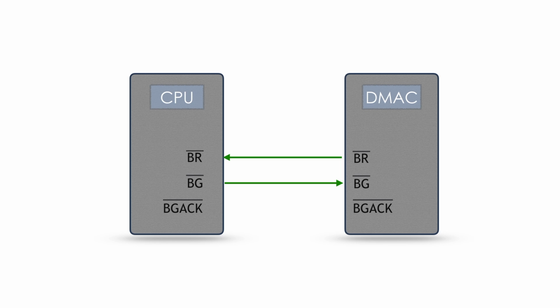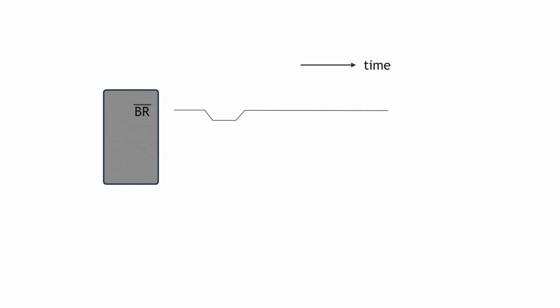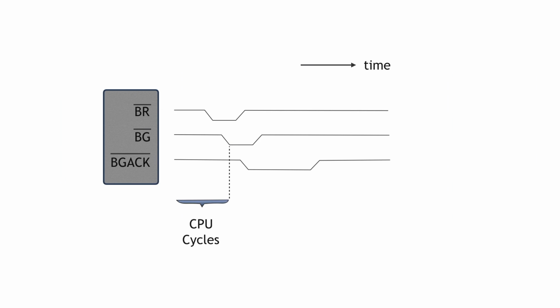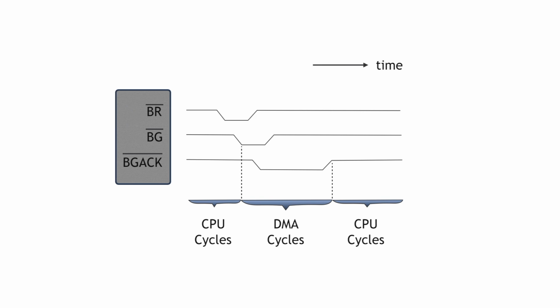But the DMA controller does not start the process immediately. DMAC issues a bus acknowledgement signal and releases BR. DMAC has control of the system buses. DMAC acts like the CPU and generates the bus signals, for example address and control, for one transfer to take place. The timing diagram of the bus request, bus grant and bus acknowledgement is as shown here.